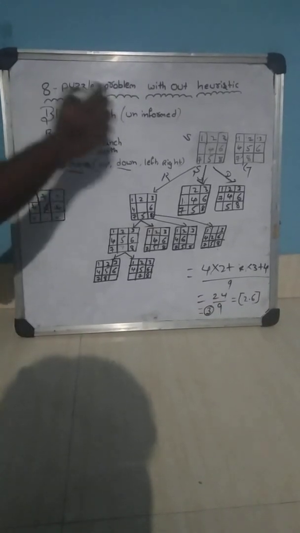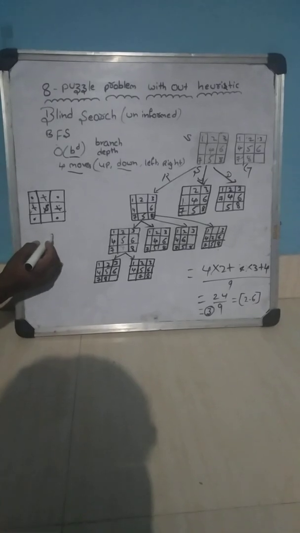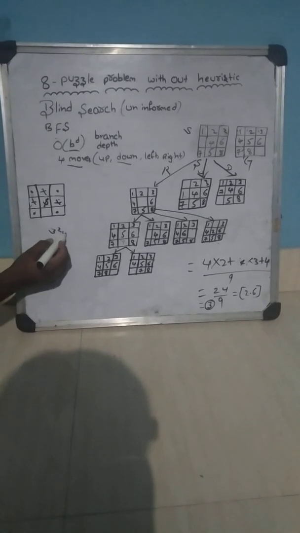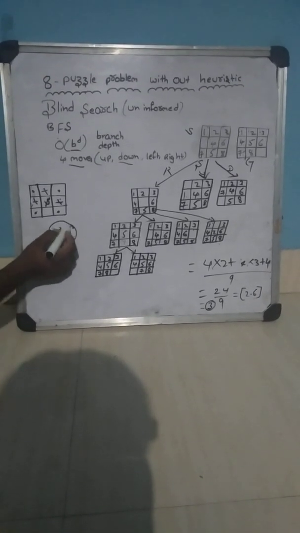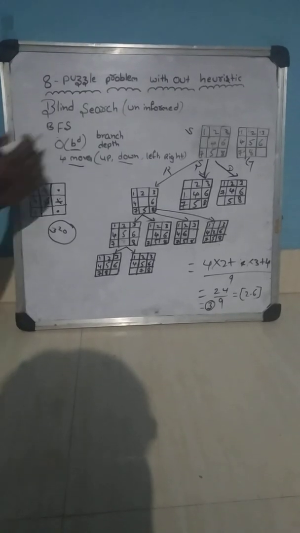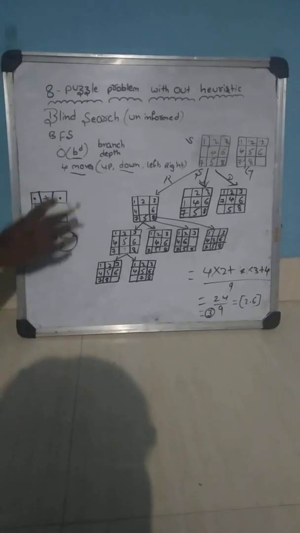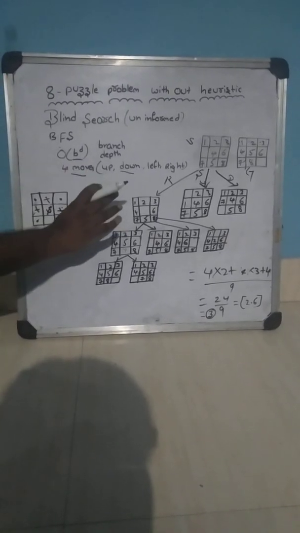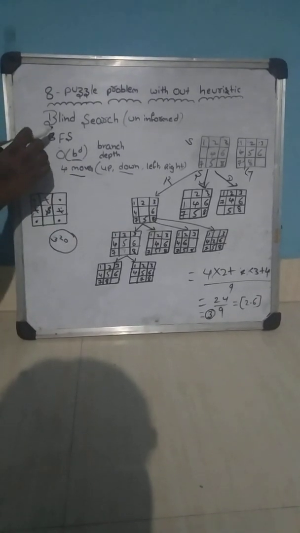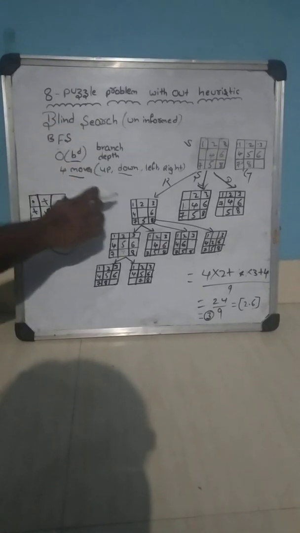So if you achieve this operation, what is the time consuming drawback? You have to try 3 to the power 20 possibilities. So many times you have to try. So the 8 puzzle is the general and basic method we can apply for artificial intelligence, just for understanding purpose. So these are the points about the 8 puzzle problem.